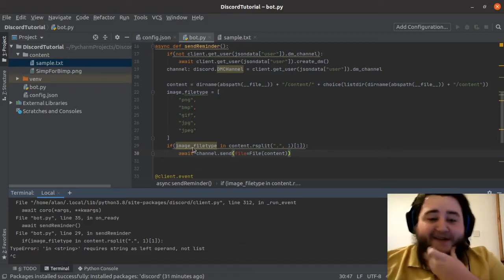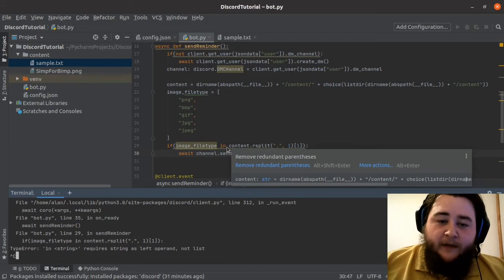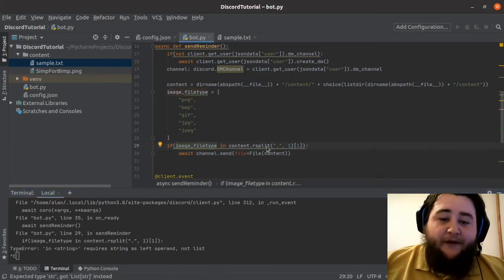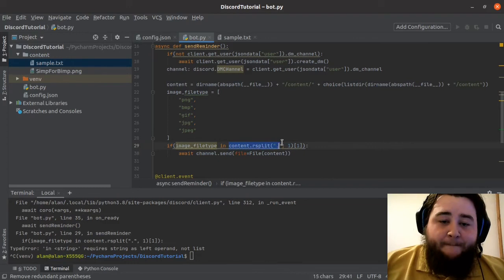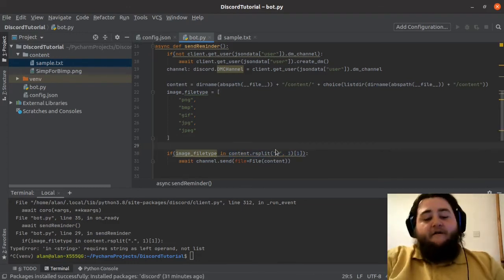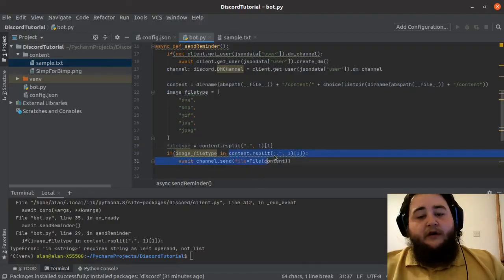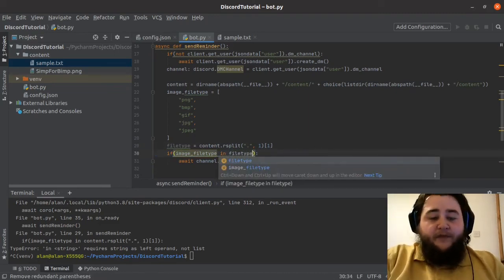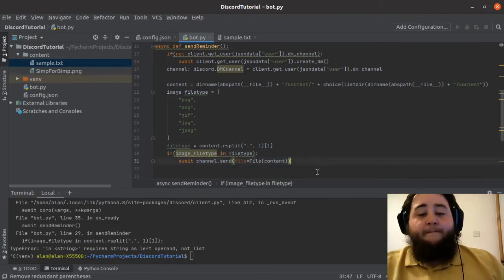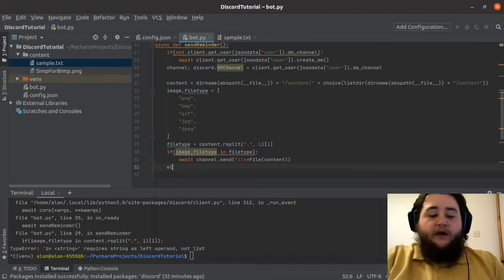oh yes, that's a very interesting error. Okay, so because we can't compare a list to a list, what we're gonna have to actually do here is say file_type equals content.rsplit, and if image_file_type in file_type, which now is a string. Actually, let's finish building this before we do anything else. Else,